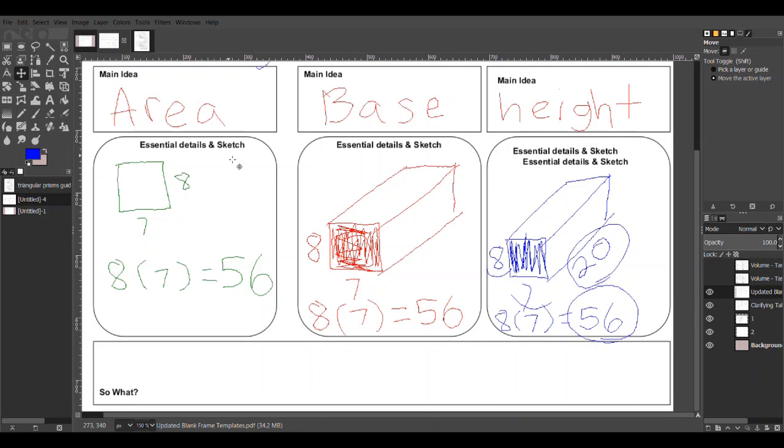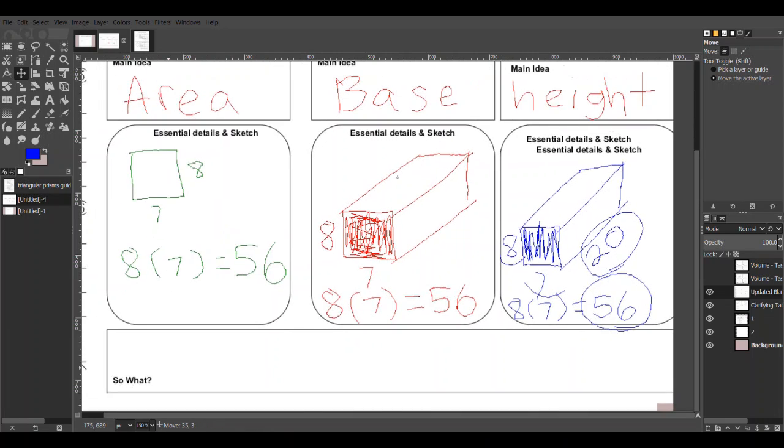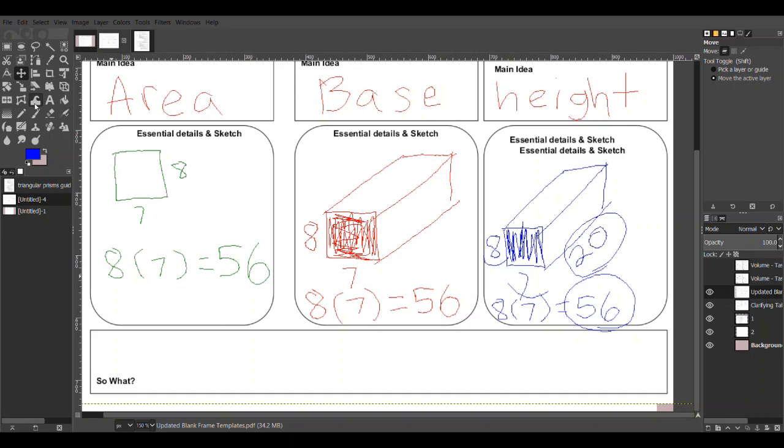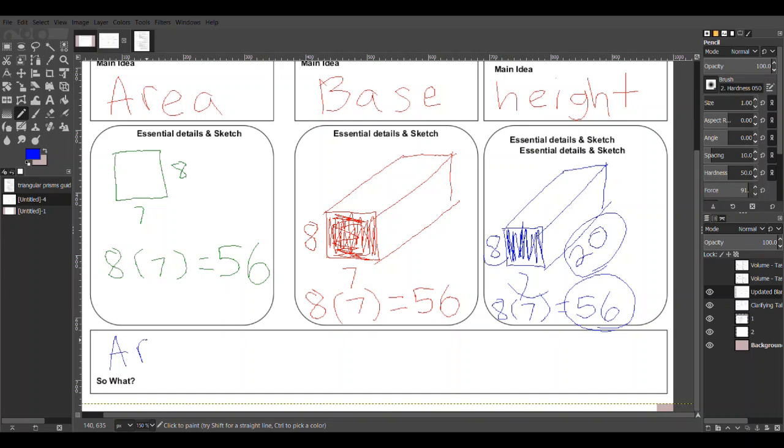The two numbers we multiply to find the volume of the prism are the area of the base, and in this case, what's the area of the base? I will pause. It's 56, and we're going to multiply that by